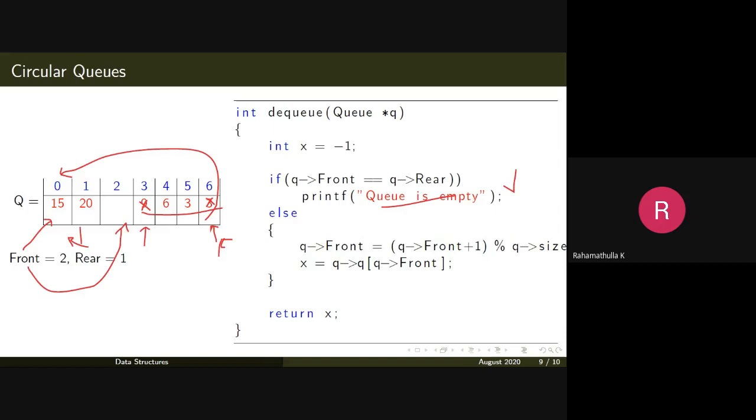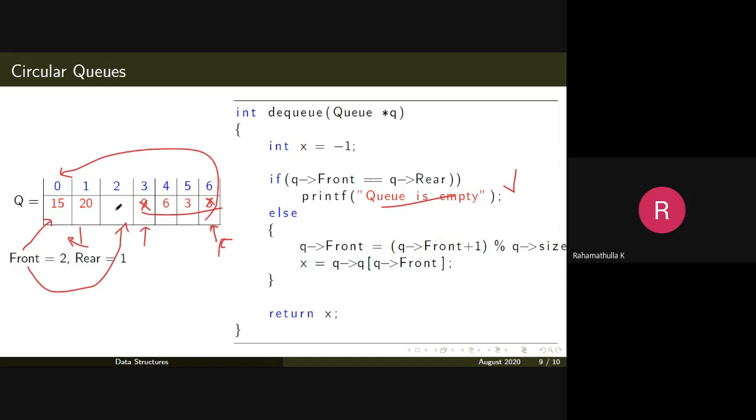The important thing to note here is that the array or the storage space is not circular. The circular implementation is done with the help of the front and rear pointers. The front and rear pointers, with the help of the mod operation, go back from the last place to the first position circularly, so that you can reuse the space in your array.